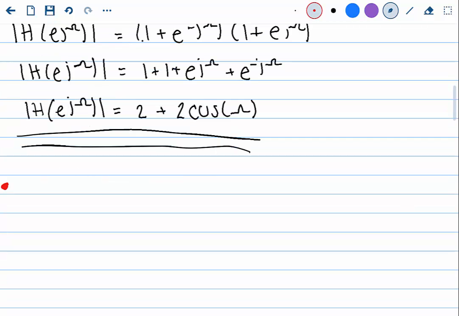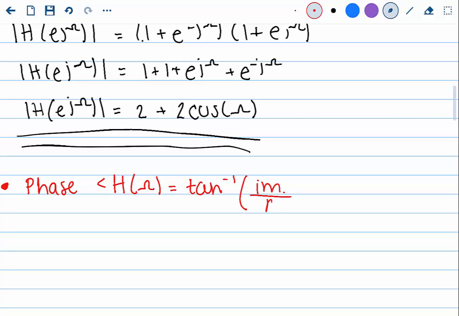So now we're going to move on to finding the phase angle of X(omega). The phase is found by the tangent inverse of the imaginary over the real part. So with our equation of 1 plus e to the negative j omega, the one part is the tangent inverse